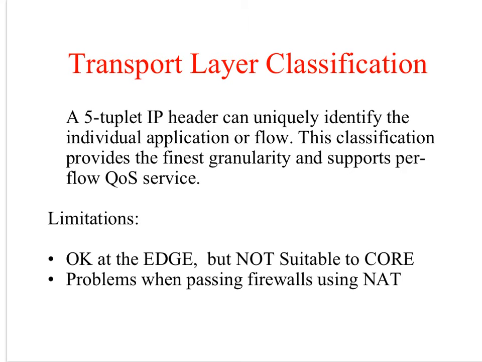So from the transport layer point of view, we talked about the five fields. We talked about the source port, destination port, source address, destination address, and the IP protocol. These are the five fields, and we said that these five fields can uniquely identify the end-to-end connection. And of course, identifying the end-to-end connection has some limitation. We can provide some special behavior based on the end-to-end connection, usually at the edge